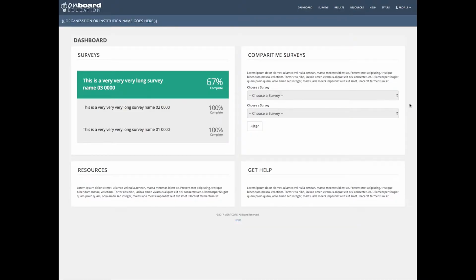This next dashboard screen is as a principal is logged in, they are going to see the active surveys that they can access quickly. The green one would be the one that is still active and in progress, and these two, for example, would be previous ones, maybe from other years, that they could look at. And also they could compare survey information over here in this area, so they could choose any two surveys to compare data with. So if we were just to click on the current active survey here showing 67% complete,